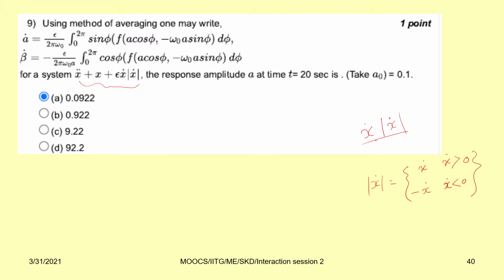So with this quadratic nonlinearity, if you solve this equation for t equal to 20 seconds, you can find this answer. You can write your own code. This is just simple integration, it is not difficult for you to solve, and you have already solved this problem. If you have any doubt, I'll send you the code, you can verify yourself also. Next.